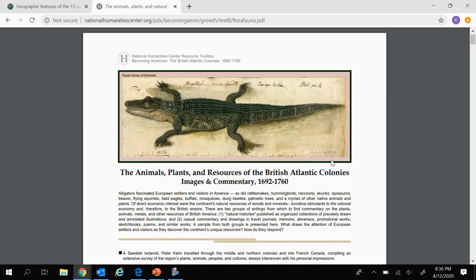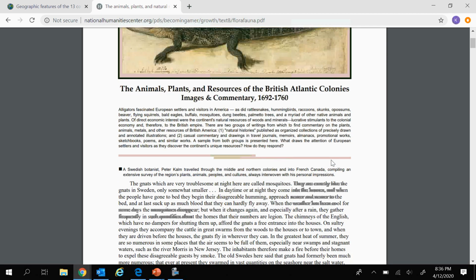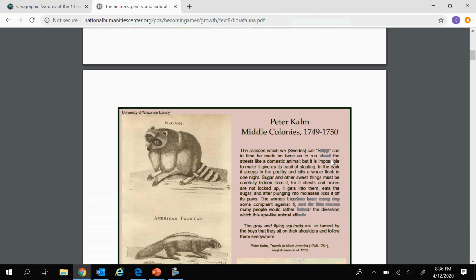Alligators were really fascinating to the European settlers because they didn't see them where they were from. So you can find lots of drawings or writings about these alligators. Now we're going to look at some drawings done by someone named Peter Kalm, and he was a Swedish botanist,